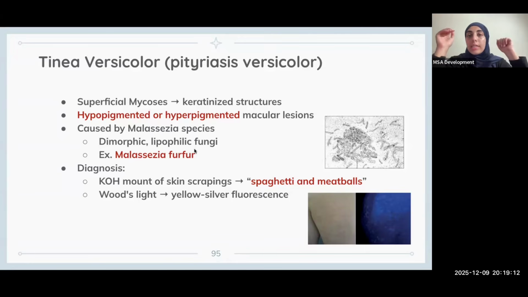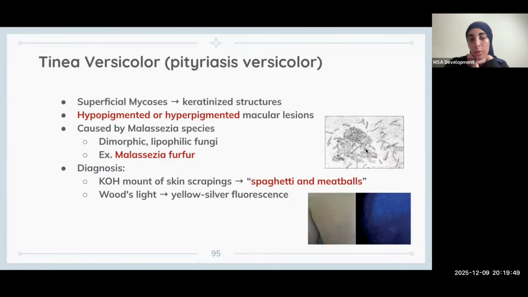The potassium hydroxide is going to kill the keratinocytes and all the skin tissue, and the only thing that's going to remain is the fungus, because the fungus is resistant to potassium hydroxide. So you'll kill the keratinocytes, and only the fungus remains. And when you look at it under the microscope, you're going to see a classic spaghetti and meatballs appearance. And this is it. So you can see the meatballs, these circles, and then you can see the spaghetti, which are these lines. Okay? So tinea or pityriasis versicolor is due to Malassezia furfur, and you see spaghetti and meatballs